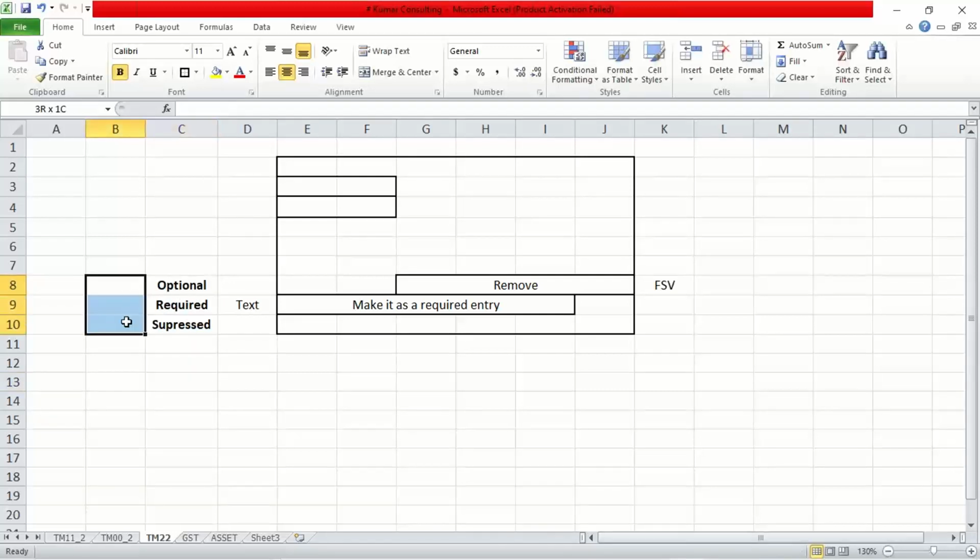So where are these options, guys? These options you will be having where? Under field status variant. Okay, so now here